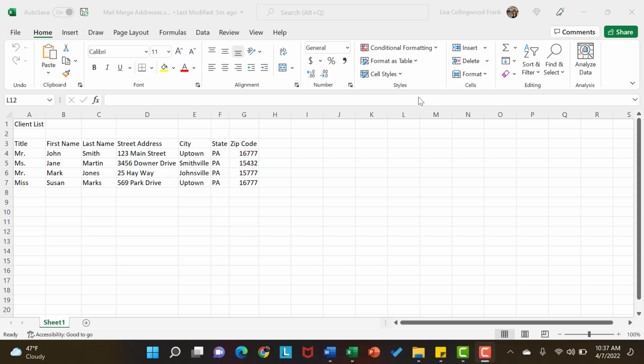So this lesson is going to be on using an Excel workbook as an address book to create mailing labels in Word. So one of the first things that you need to do is to access your Excel workbook to be sure that it is formatted correctly. So with the sample that I have on my screen,